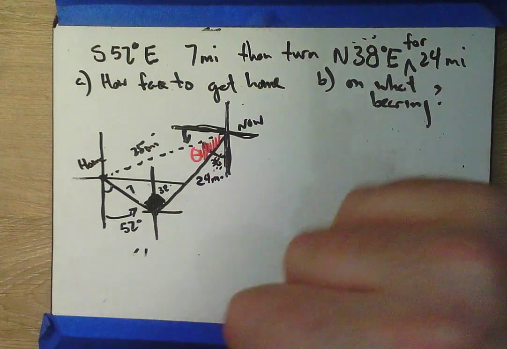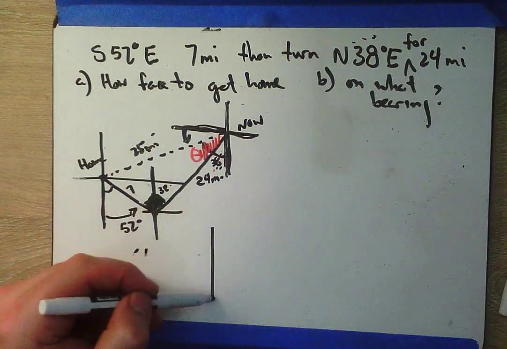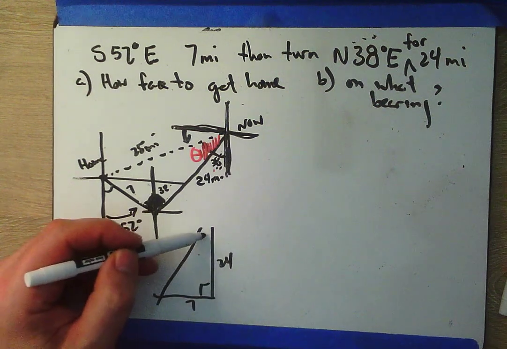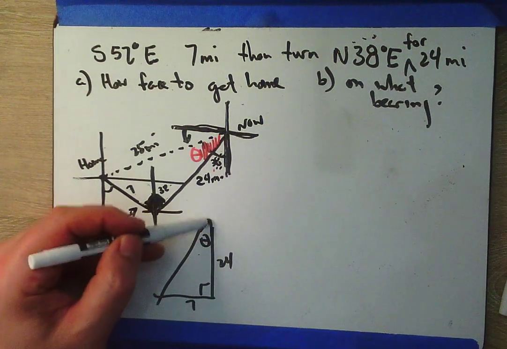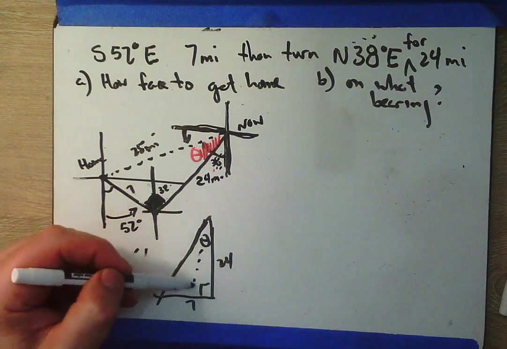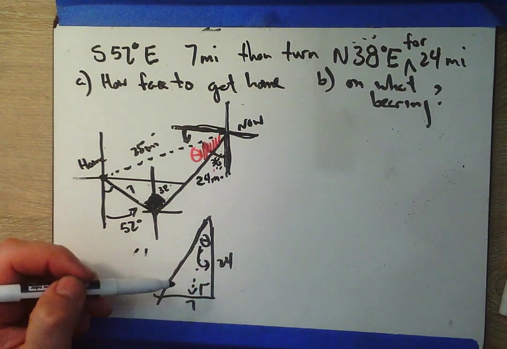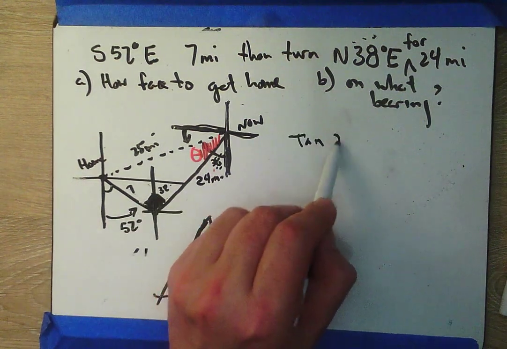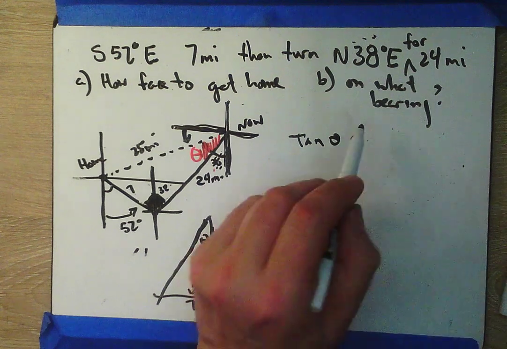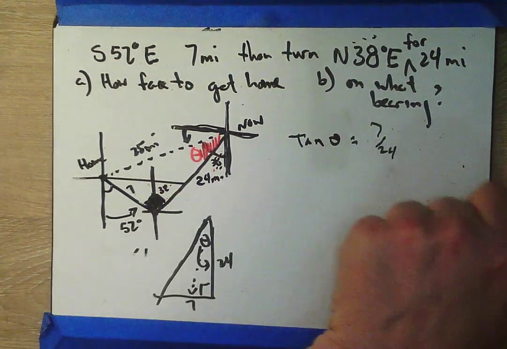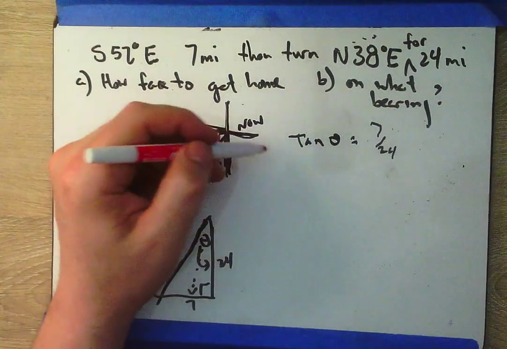Well, how can I find that angle? Remember, that angle is this one. And that's inside of our triangle. And notice we've got opposite and adjacent. So I could say tangent theta equals 7 over 24. And then if I take the inverse tangent of both sides,